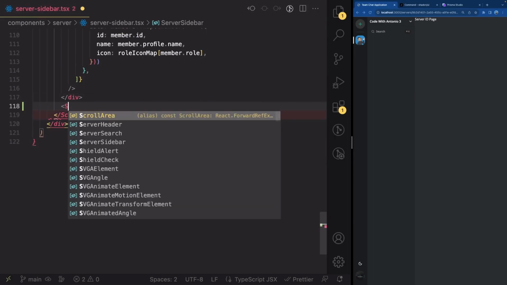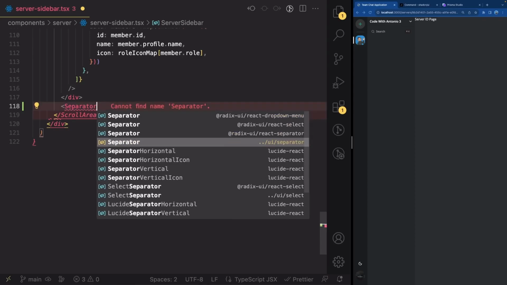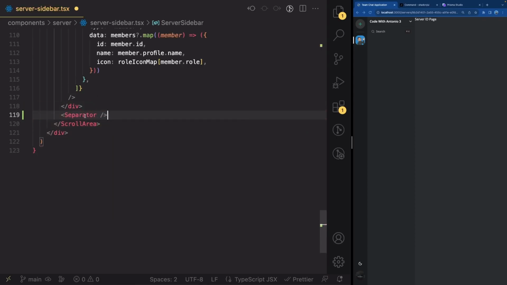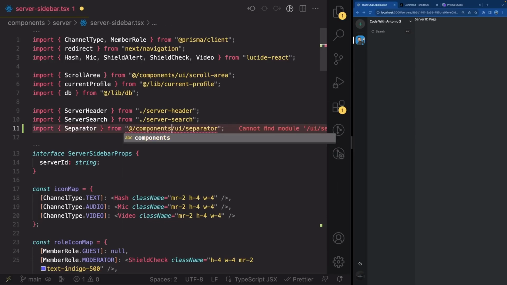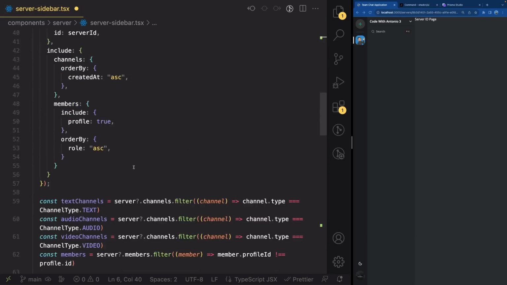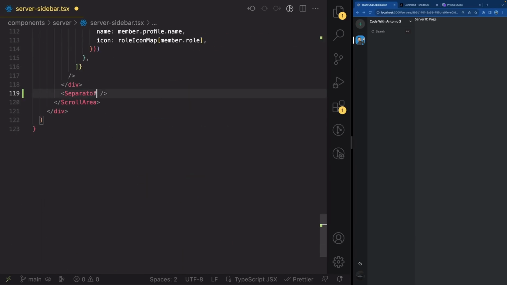And let's go ahead and add the separator from /ui/separator. So don't accidentally import that from Radix. So I'm going to change this to add components like this, and I'll just move it with the other stuff up there. And let's go ahead and give this separator a class name of